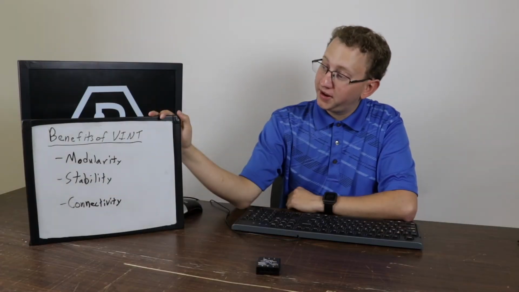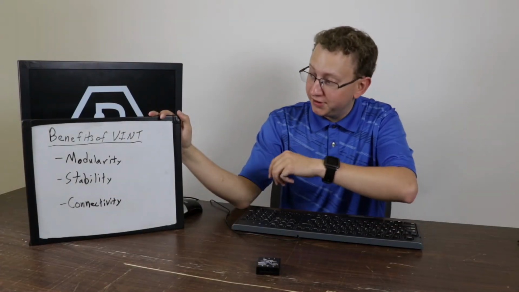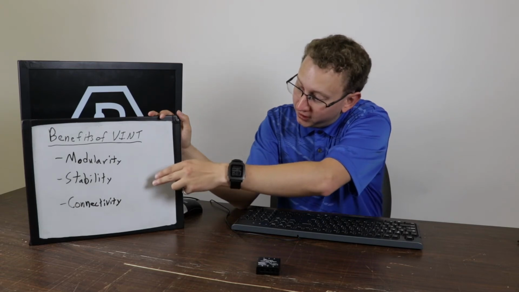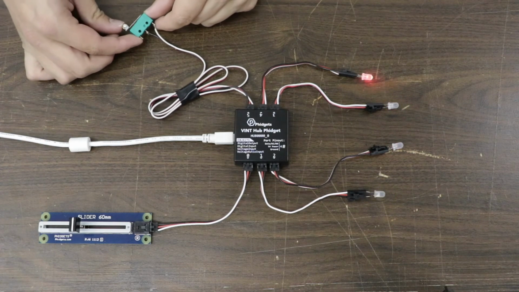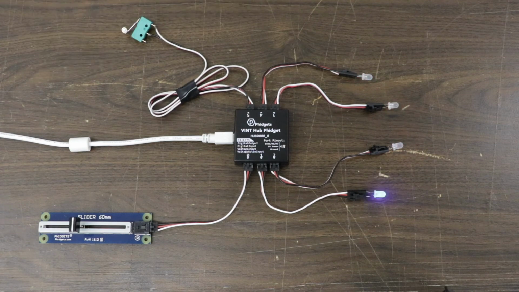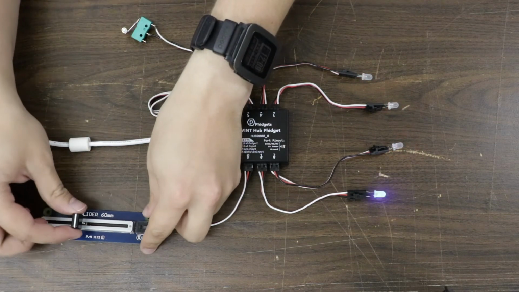Now that you've seen the versatility of VINT, we'll now cover its other advantages, which we'll call modularity, stability, and connectivity. With regards to modularity, systems designed with VINT can be highly configurable and customized to suit your exact application. Here's a simple application using only the VINT hub's built-in functionality. By clicking this switch, I can change the direction of the LEDs, and by moving this slider, I can change